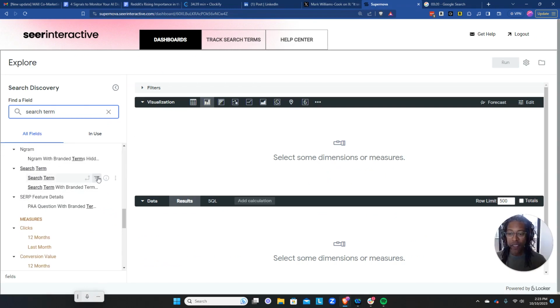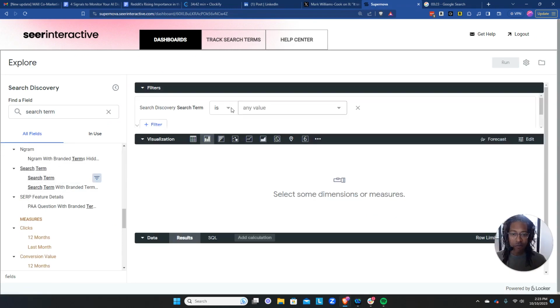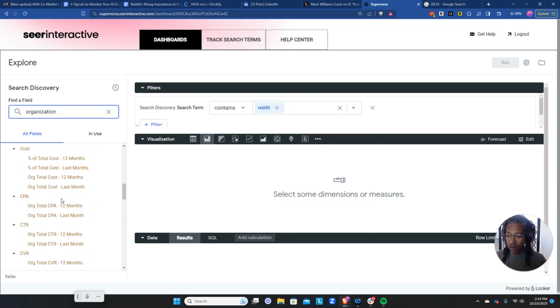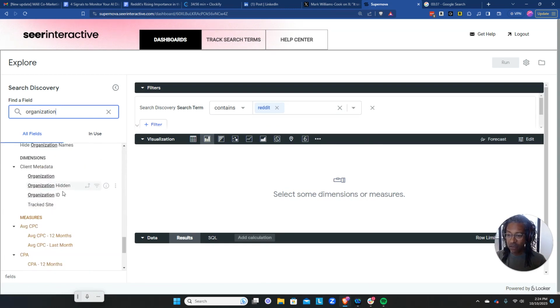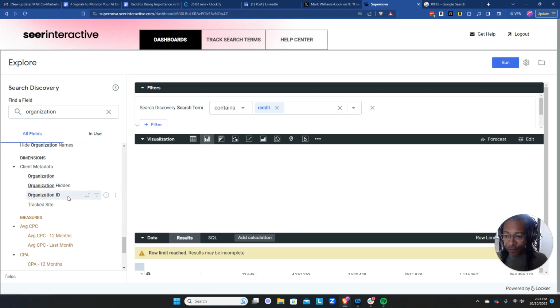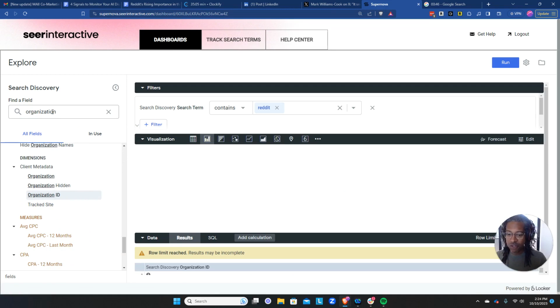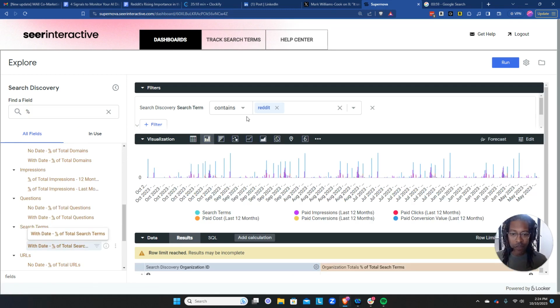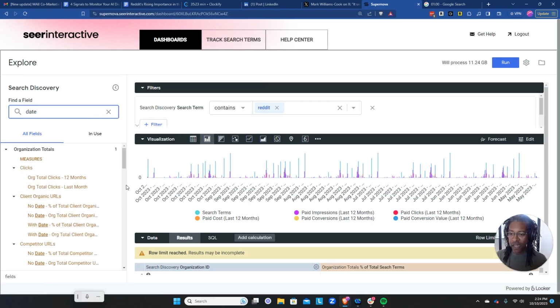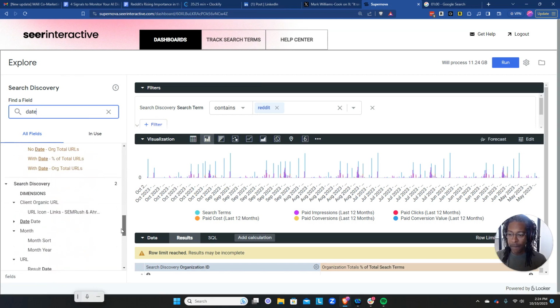Search term. All right, so I'm going to do a filter: search term contains Reddit. And then I'm going to take organization, and we call them organization IDs so that no one can see the clients. We're going to put their ID in. And then I'm going to say what percentage of their search terms include the word Reddit over the last 12